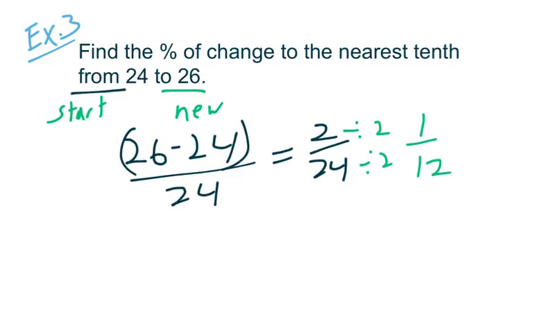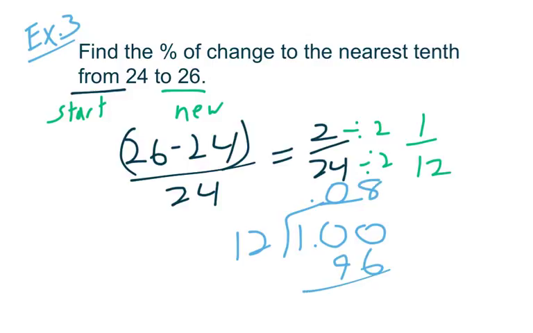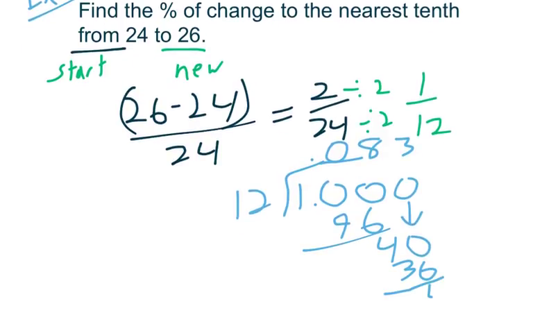And now 12 won't go evenly into 100, so I'm just going to go ahead and do long division. So 1 divided by 12. 12 won't go into 1. It actually won't go into 10, so I put a 0 up there, but it will go into 100. 12 times 8 is 96. I subtract and I get 4, and then I bring down another 0. 12 will go into 40 3 times, and watch what happens. I keep getting 4 as a remainder, which tells me I'm going to keep getting 3 up here. So I continually get 4 as a remainder, which is 3 up top. So it's really going to be